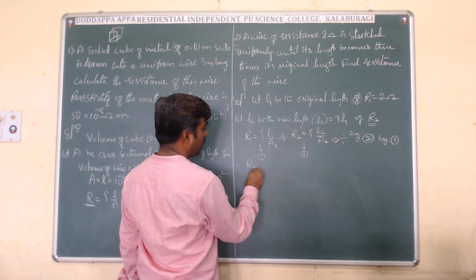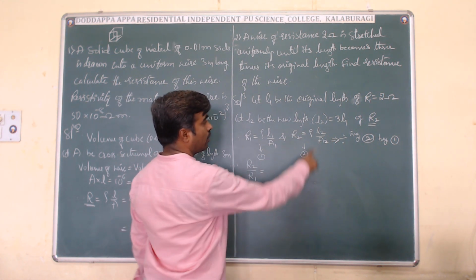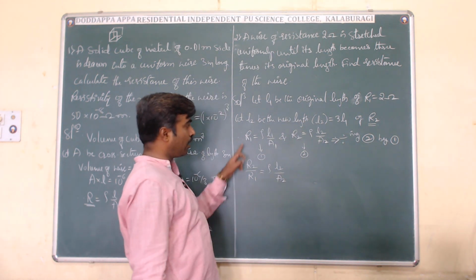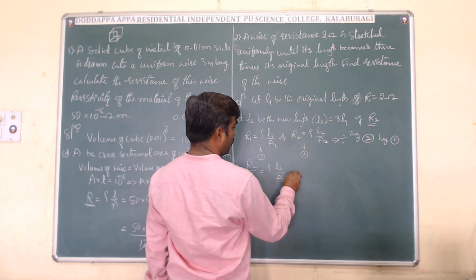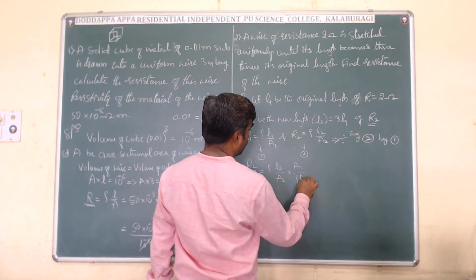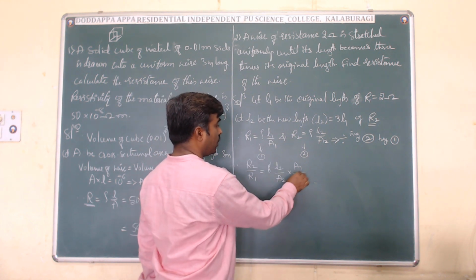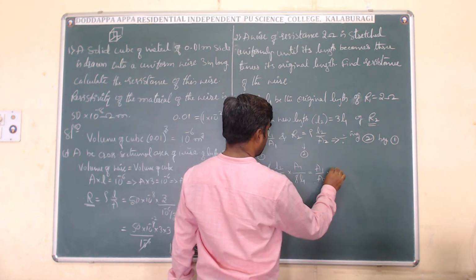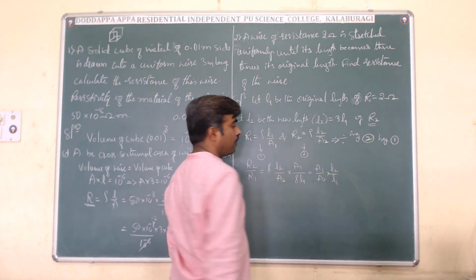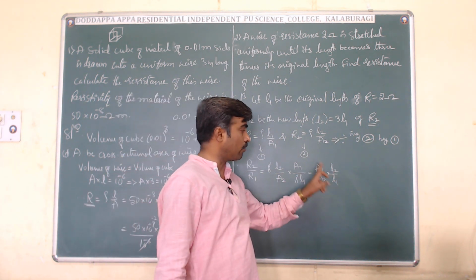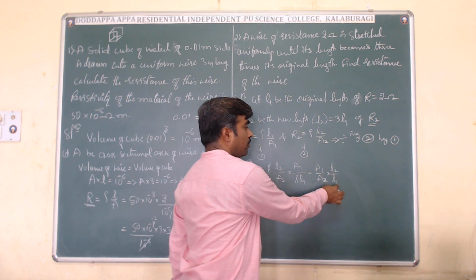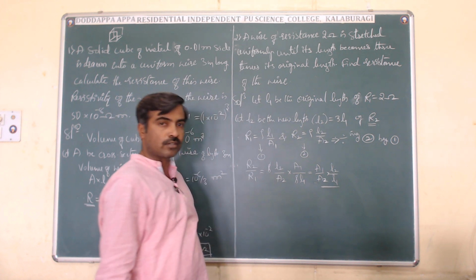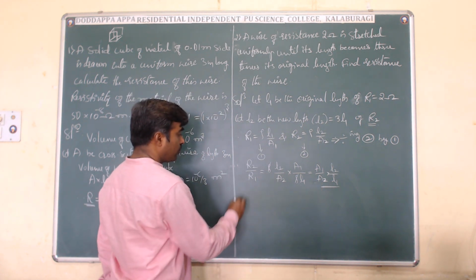which gives you R2 by R1 is equal to, the R2 value I will write as rho into L2 by A2, divided by R1, reciprocal of that, into A1 divided by rho into L1. Hence rho and rho get cancelled. We get A1 by A2 times L2 by L1. So now, when I consider the RHS part,